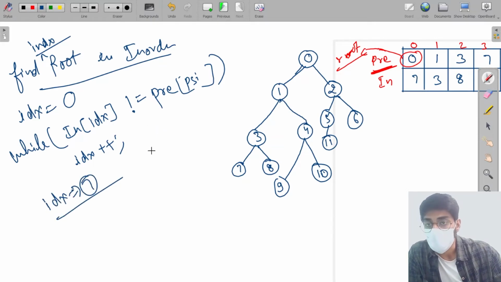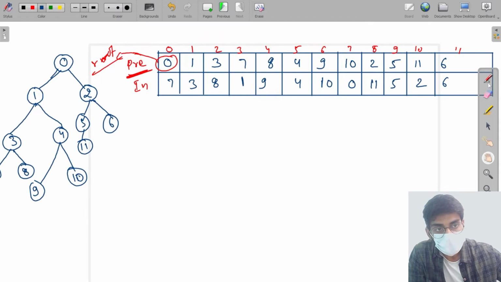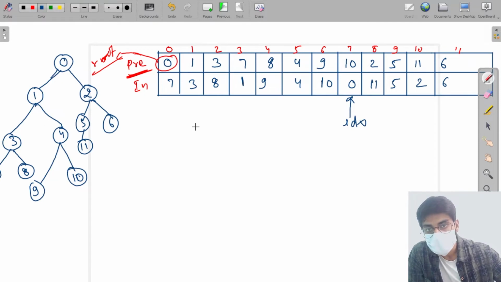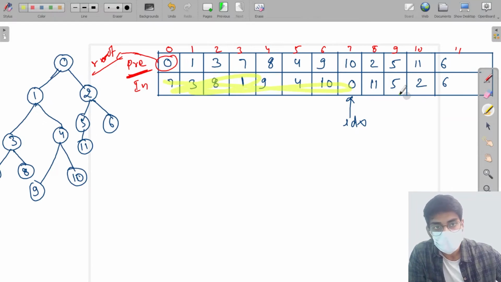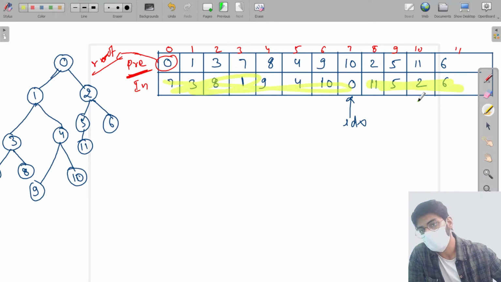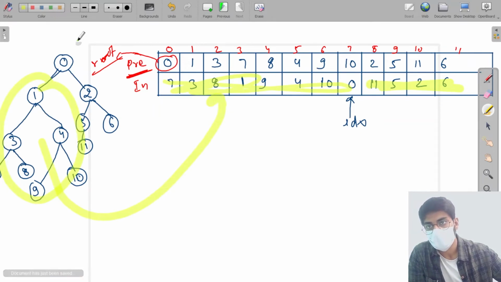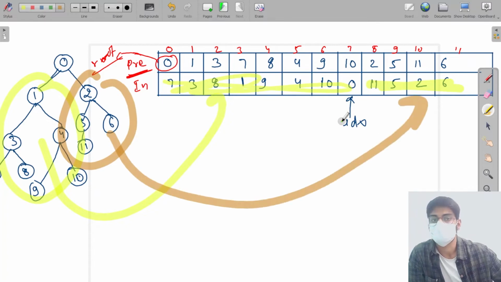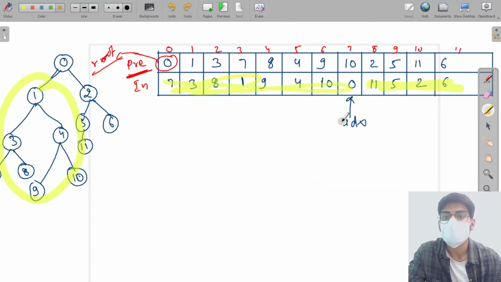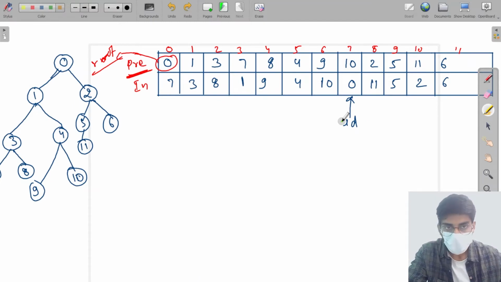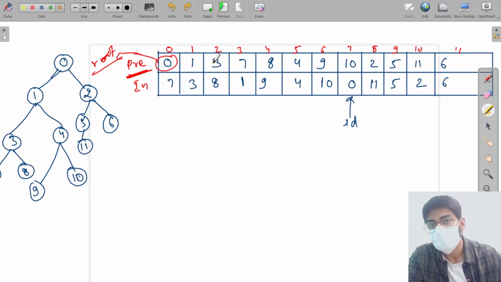Okay, now what will be the value of the total number of elements? The second thing we are going to find out is the total number of elements. So this is idx, and all these elements are the left side elements, and all these elements are the right side elements. So we have segregated the elements. So what is the second thing? How can we find out the left side